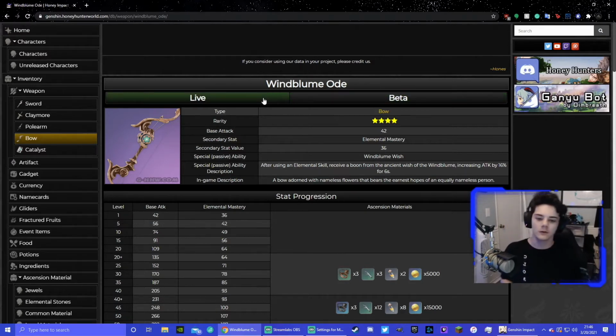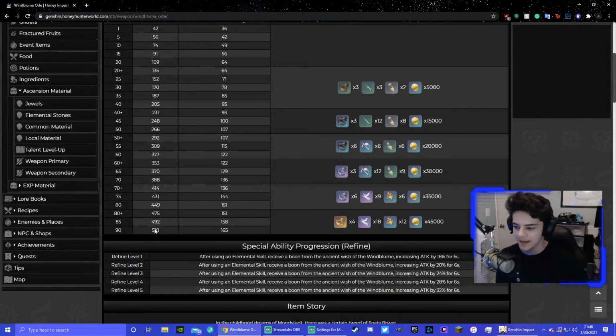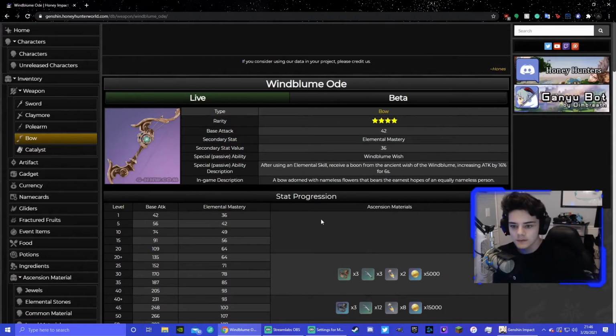Some of you may look at this bow and go, oh my god, why would I need this bow? It's only got a 42 base, so even if I level it to 90, it's only going to 510. It's one of the lowest base attacks of any 4-star. And Elemental Mastery, really? Why would I need Elemental Mastery on something like a bow? Well, Venti. If you aren't lucky enough to get a Stringless, or if you're not lucky enough to get, say, a Sacrificial Bow, which is great for Venti too, if you aren't lucky enough to get those two weapons from the gacha, Windblume Ode is a great, guaranteed weapon